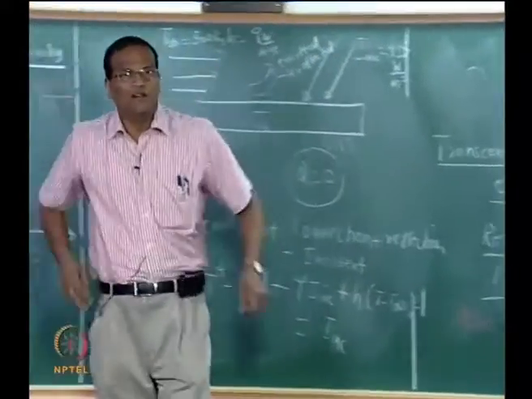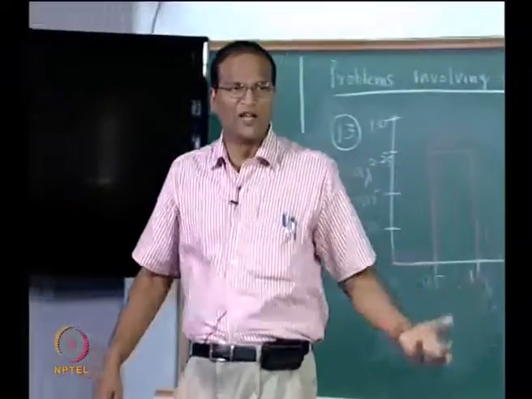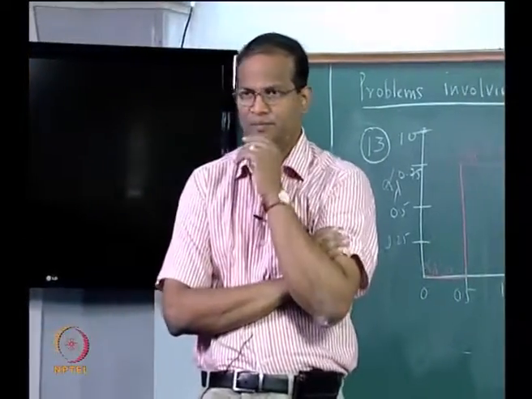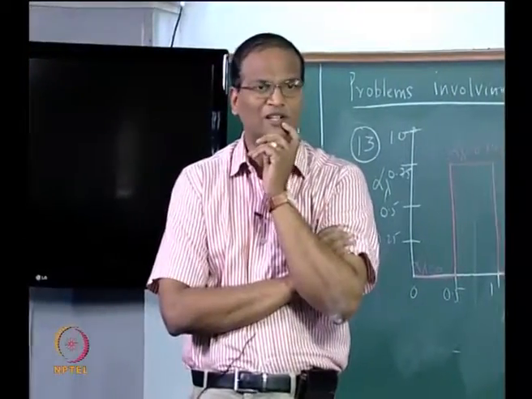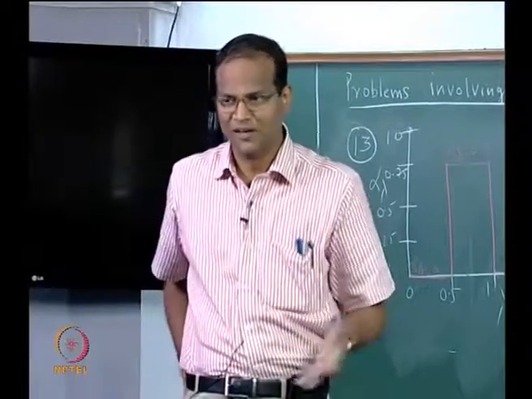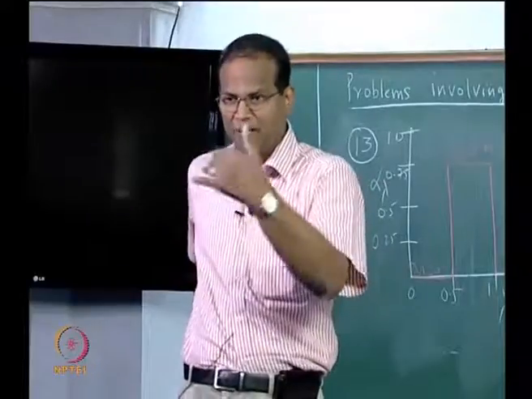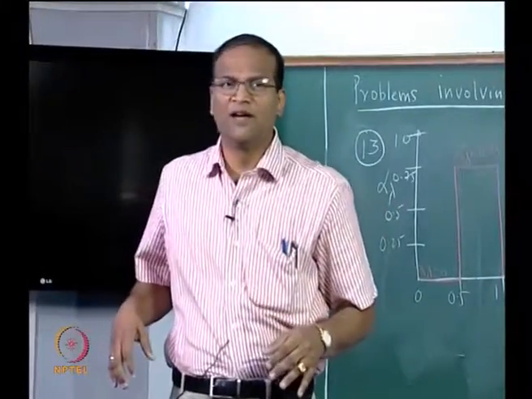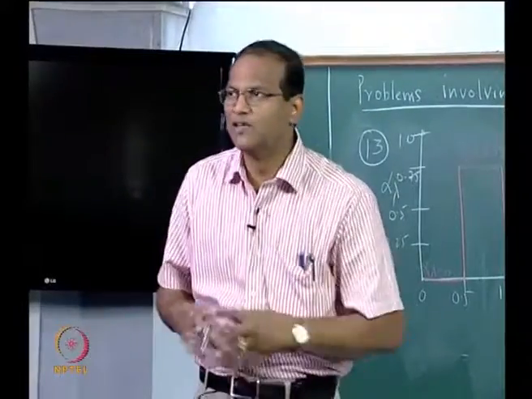It is believable. If you have a flat plate collector, you can get around 110 or 120 degrees centigrade, but we made some simplifying assumptions. On the back side it is insulated, all that, then you have to put cork, wool, mineral wool and all that. So some losses will take place on the underside also, and then this 900 watts per meter square is not available for 24 hours a day.